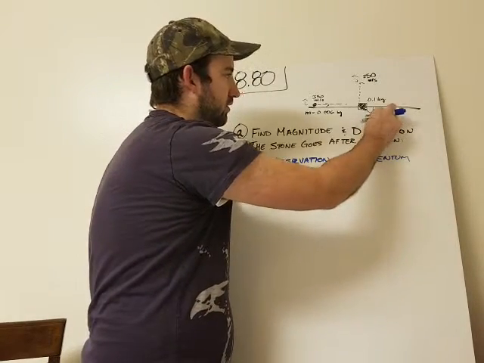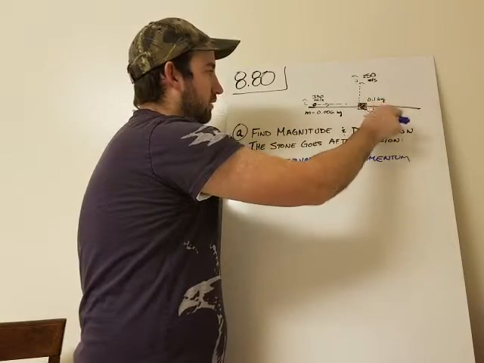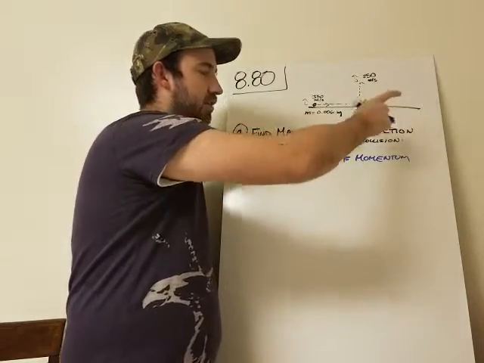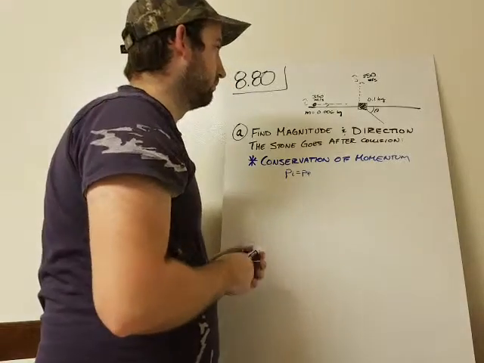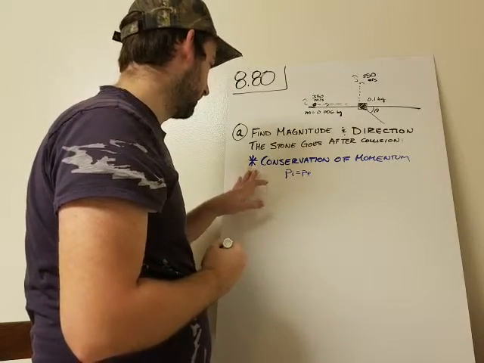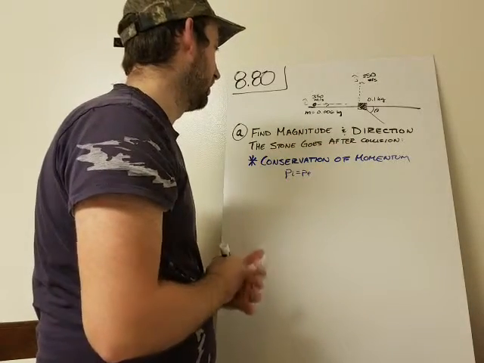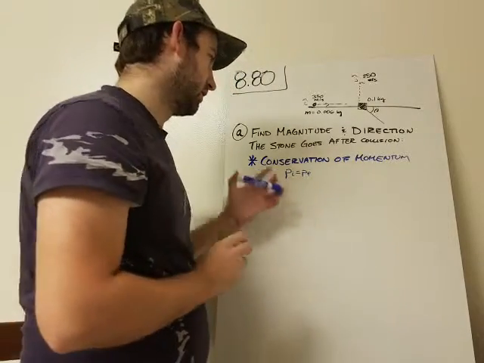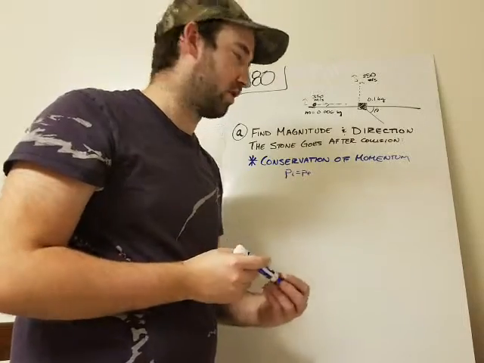So I drew a theta, an angle, and I don't really know which way it's going to go. It's just symbolic, that we're going to find that. So anyway, the first step we need to do to find the magnitude and direction of the stone is to use the conservation of momentum to find the final velocity of the stone. And so to do that,